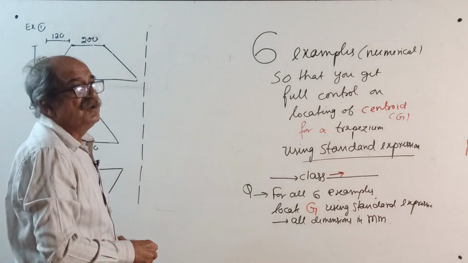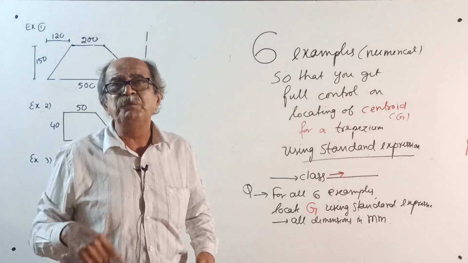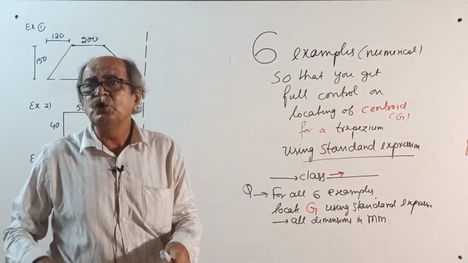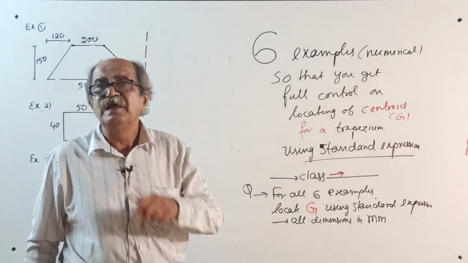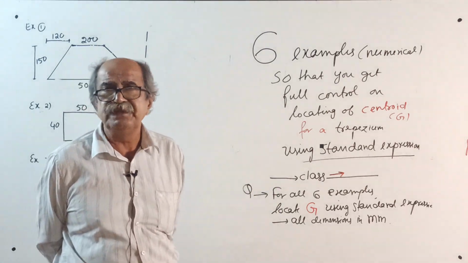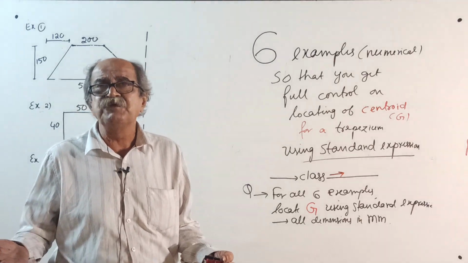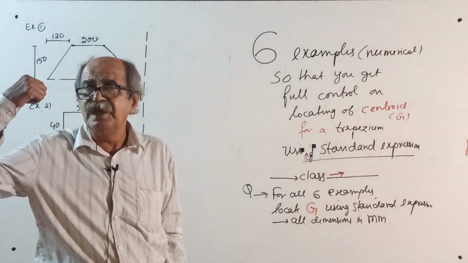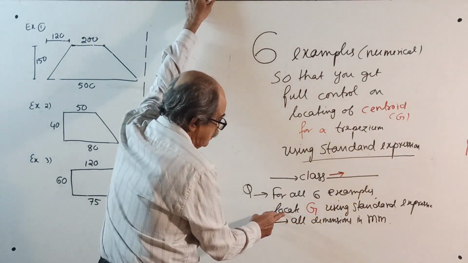So that, see, for each question, either x bar or y bar, one of them you can get by standard expression. But there, both we will do by first principles. We will not use standard expression. Then I'll give a note there. See, actually, we found by A1, Y1, A2, Y2, A3, Y3, actually not required. You can directly apply the standard formula like earlier. See, today we got this answer. Earlier, see, same answer. Okay. Right here. For all 6 examples,